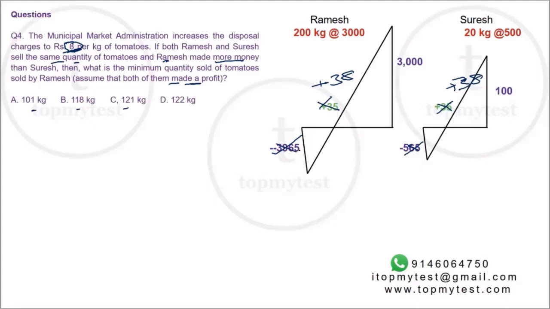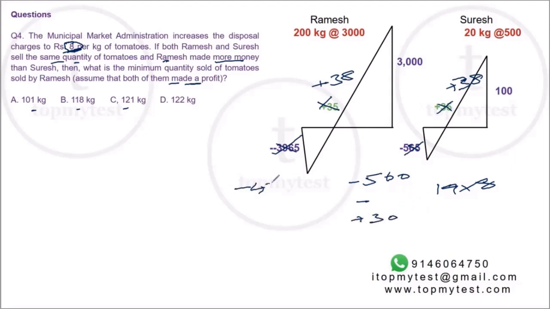Right? But now the drop is also going to be steeper. The drop will be steeper now. Let's see what happens with the drop. For that one additional kilo, Suresh is going to lose 500 for the bag, and then he's going to lose 19 into 8 for the disposal, and he's going to earn 30 rupees.